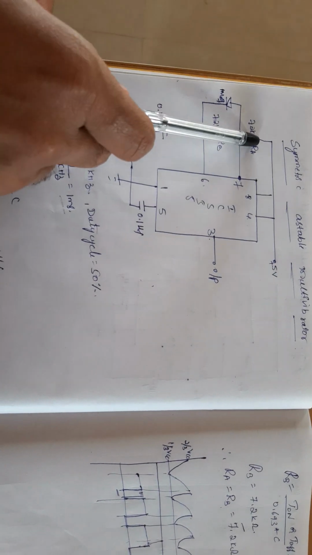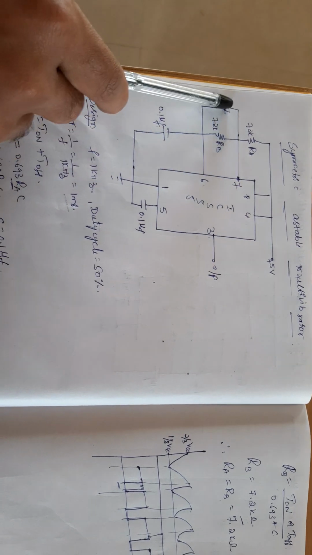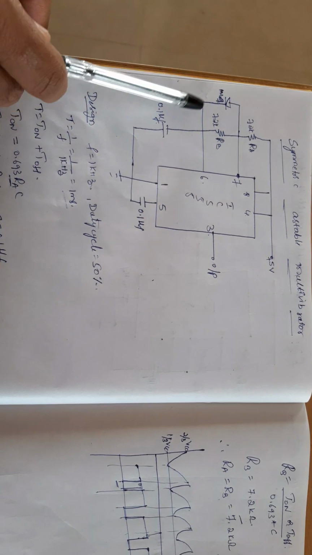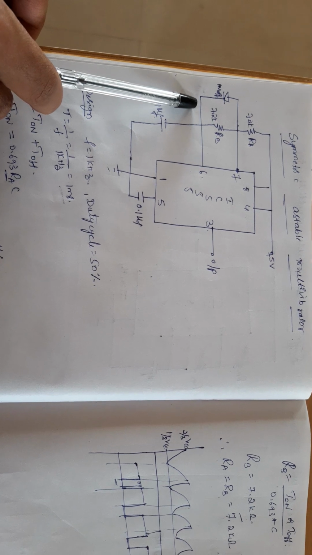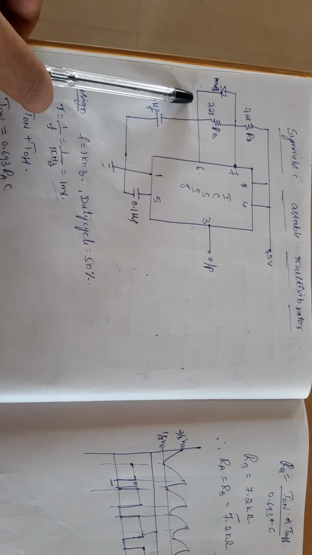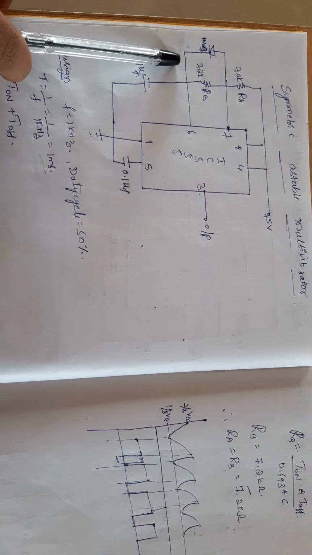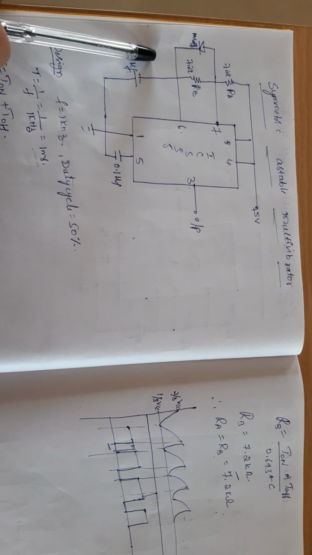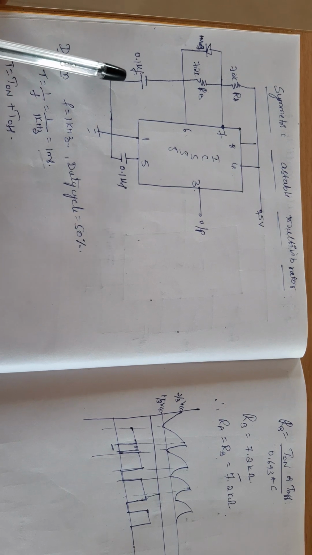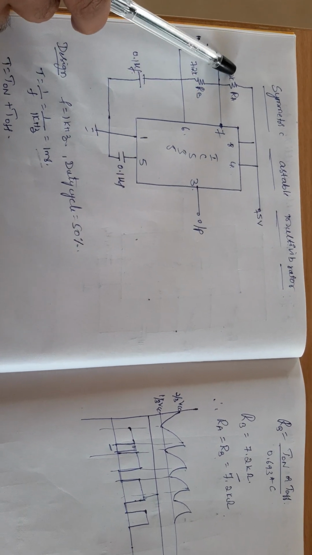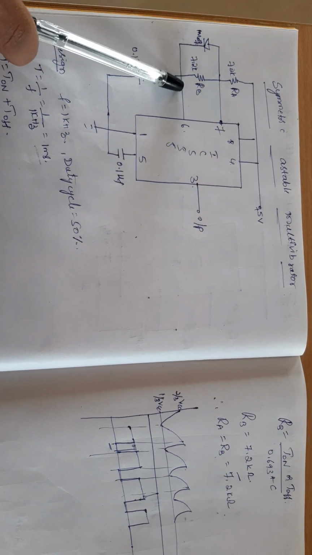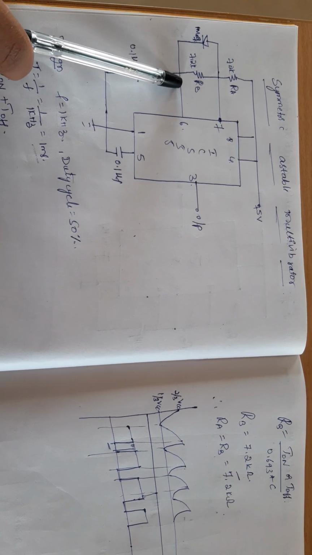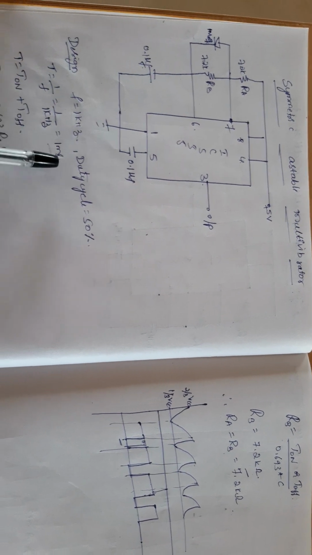So there RA and RB, and we have used a freewheeling diode. The reason here is, in the previous case, in the case of the astable multivibrator, the charging of the capacitor was done using RA and RB, and discharging was done using only RB. So here we are making some changes where the charging will be done using RA and discharging is done only through RB. Now the formula will also change.